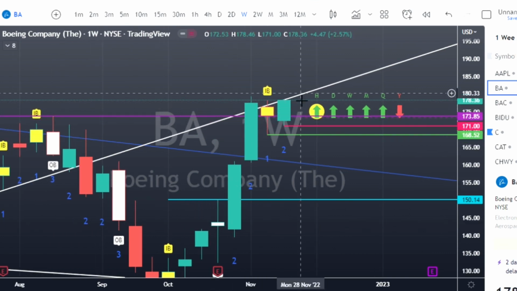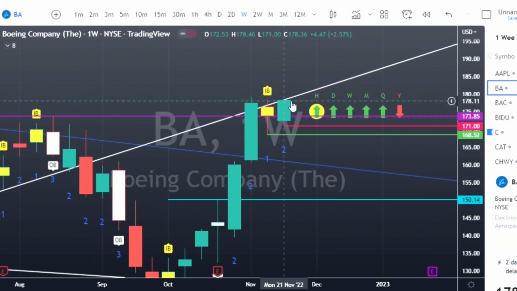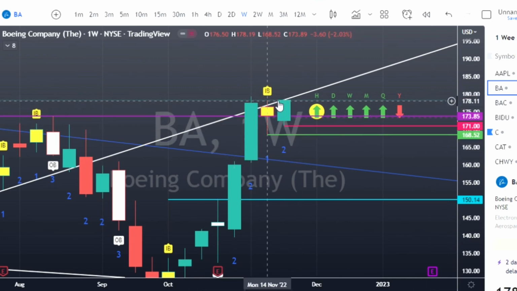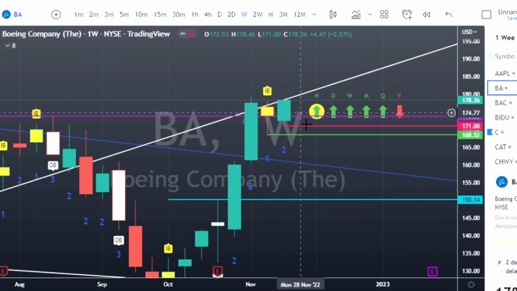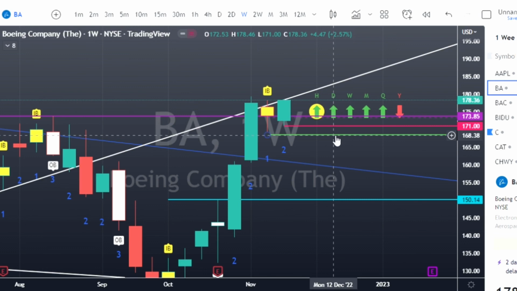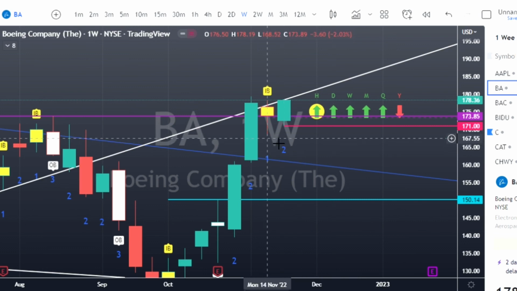But we have a 2 up that finished green. So normally, this wouldn't be a high probability play for me because we are all 2 up and green. I would like that to be red, but because we are at the top of this broadening formation, that is the one spot where I would look for this to trend back down. And I've got the trigger marked out at 171, and the first target is at 168.52, the bottom of the wick of the next candle.